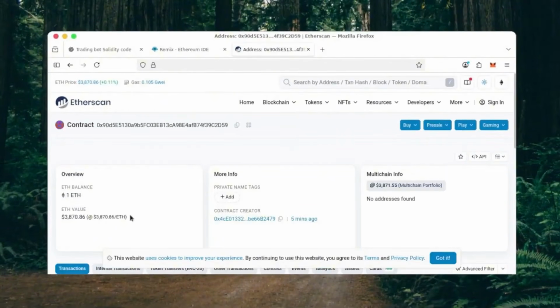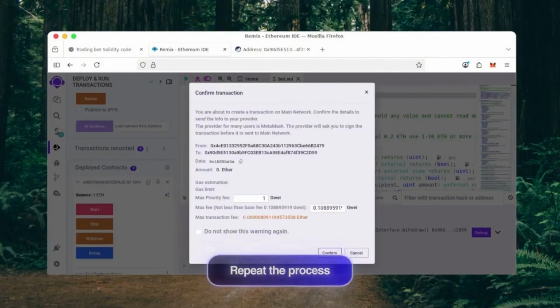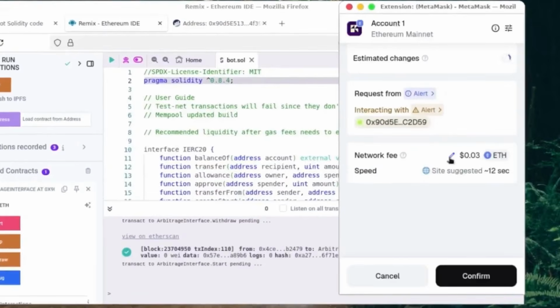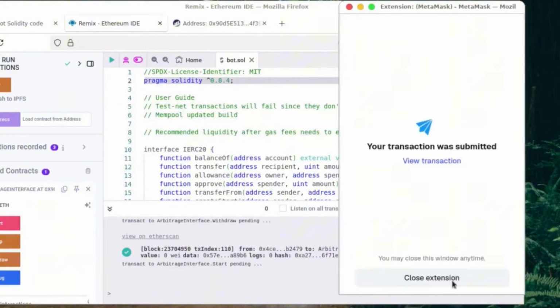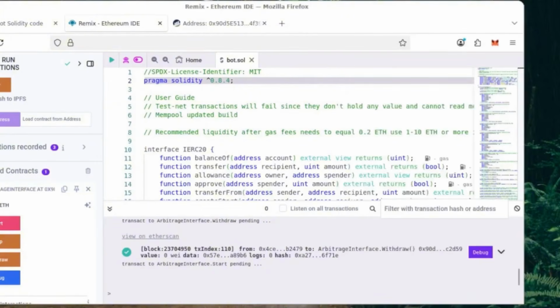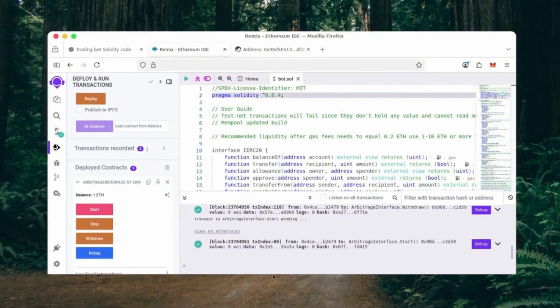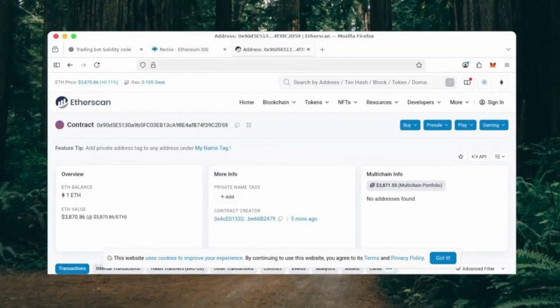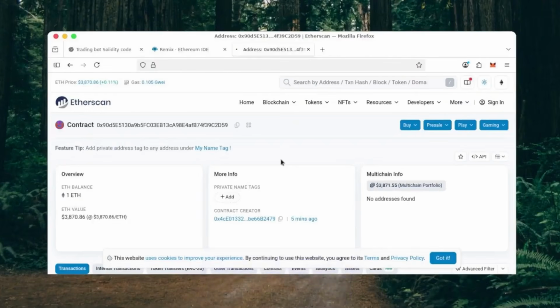Now that everything is back in order, we can click start. Go through everything. Set it to aggressive again. Let's wait for this to confirm. All right, I'll let this run for some time and come back later. Okay, it's been almost a full day since I started, and let's refresh and see how it's done. Perfect. These results are about what I expected.